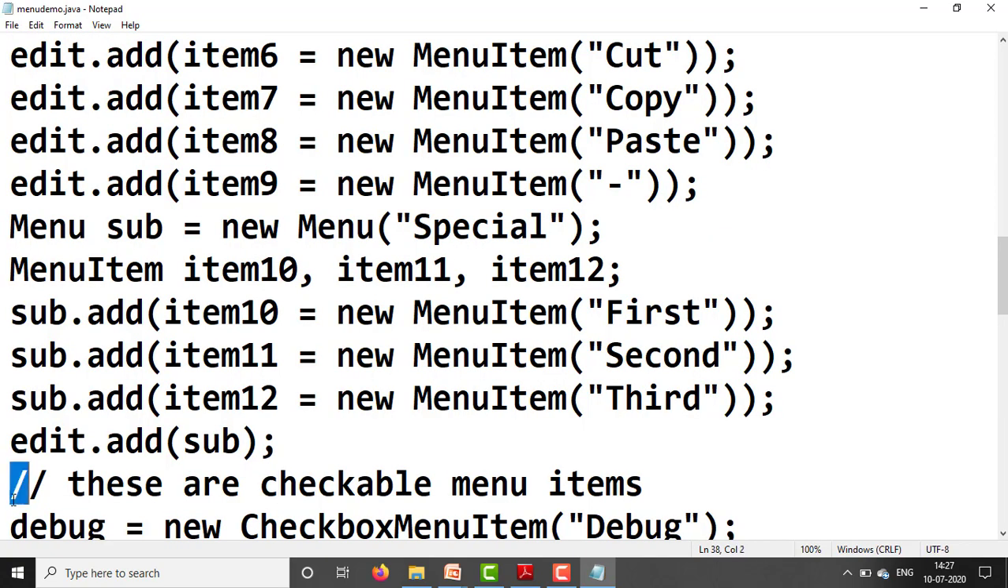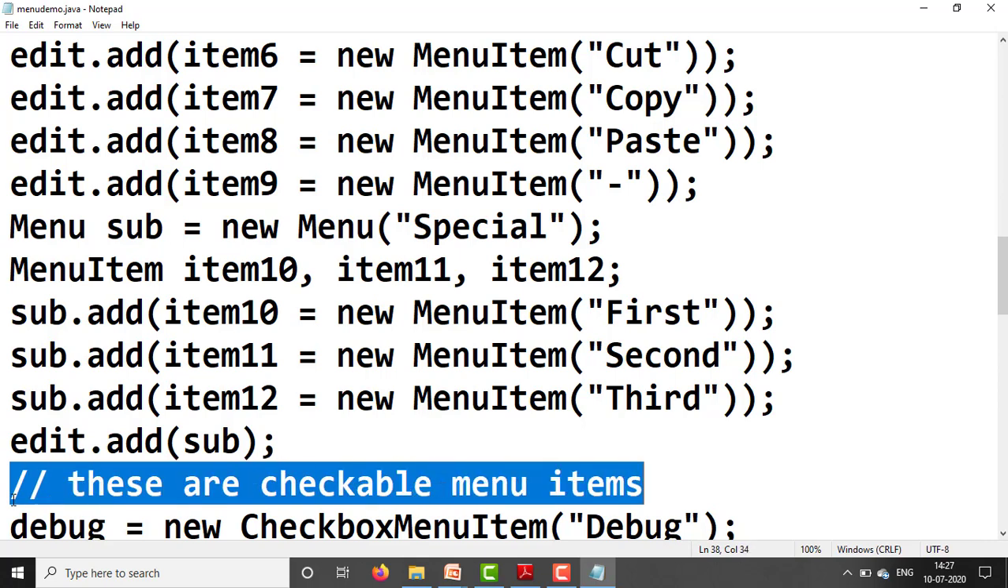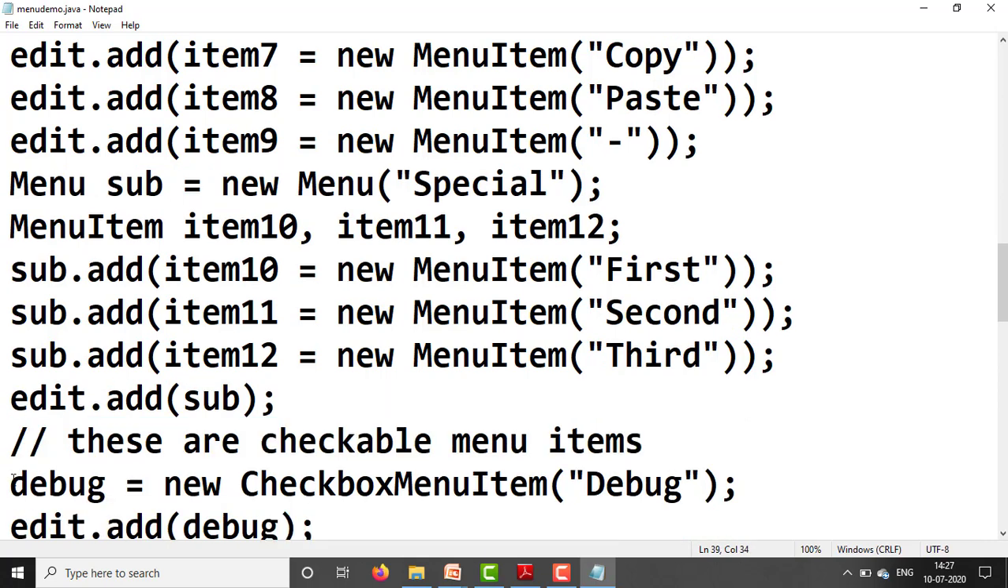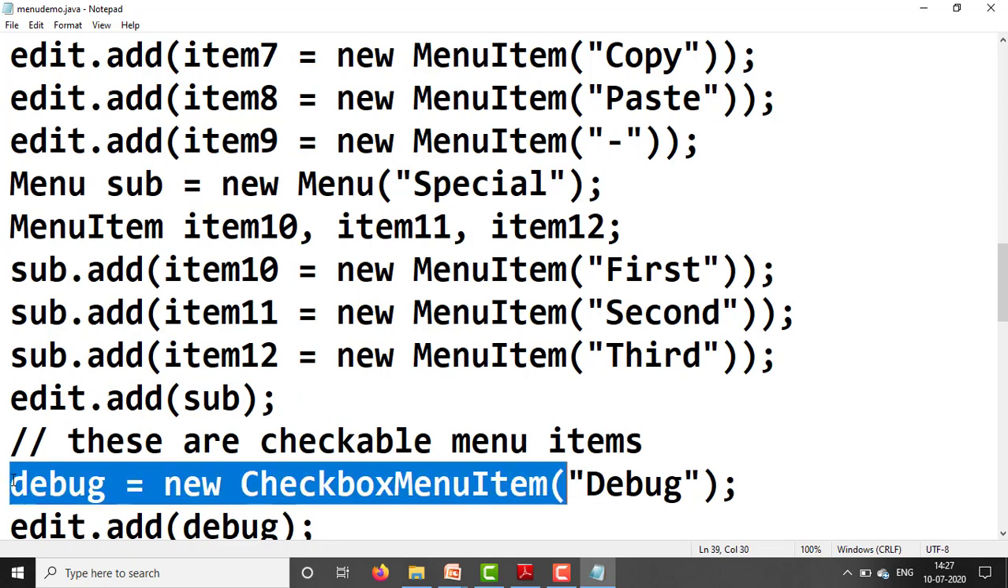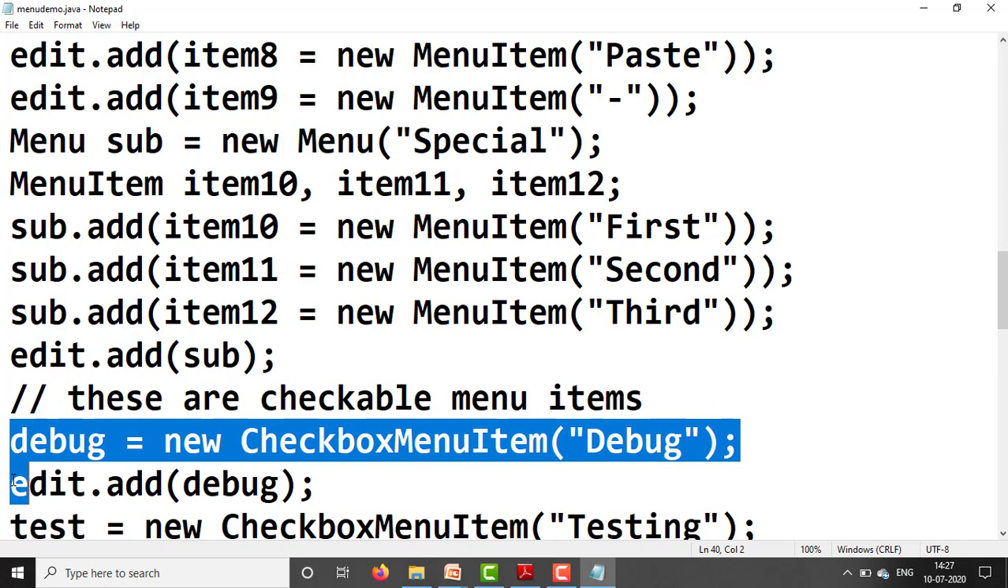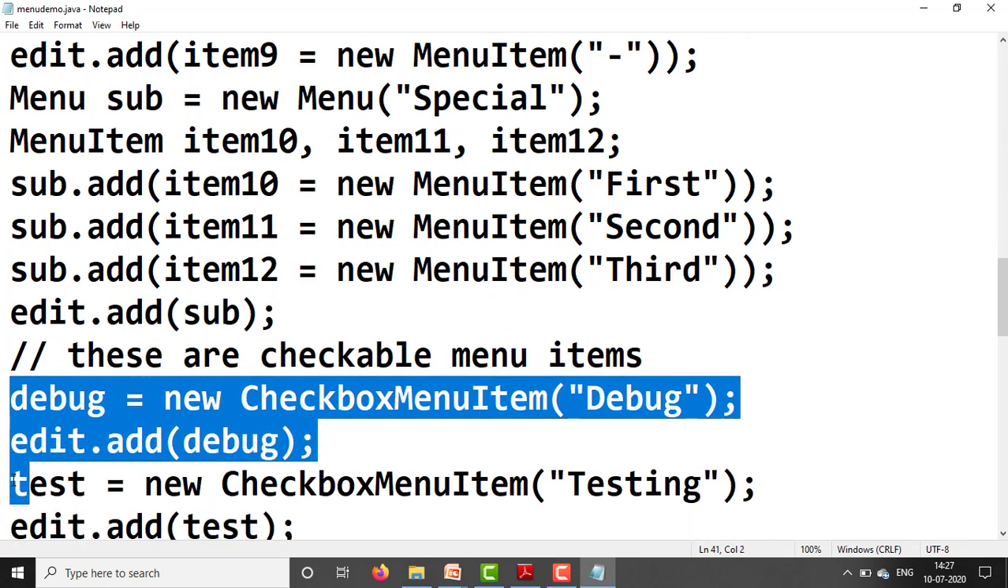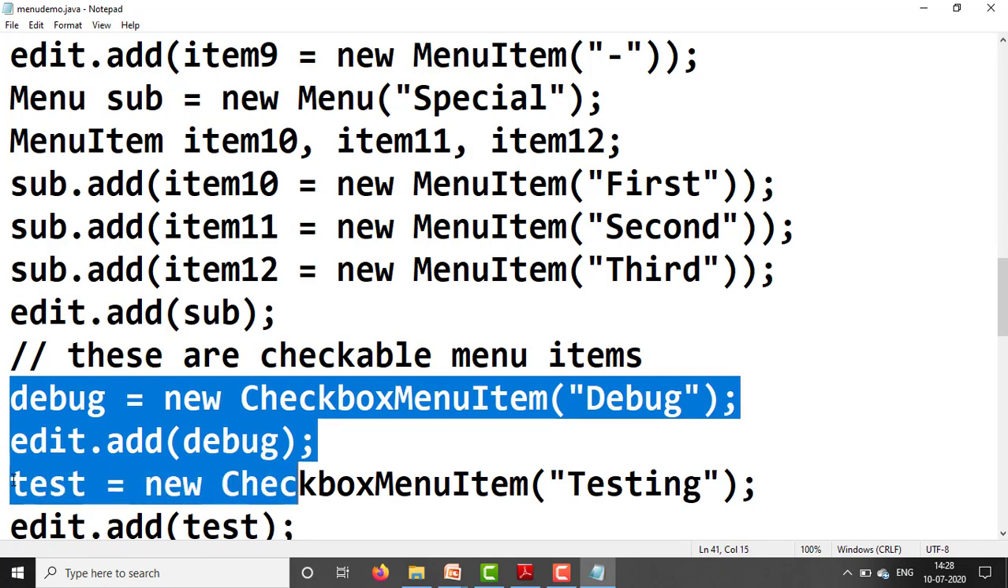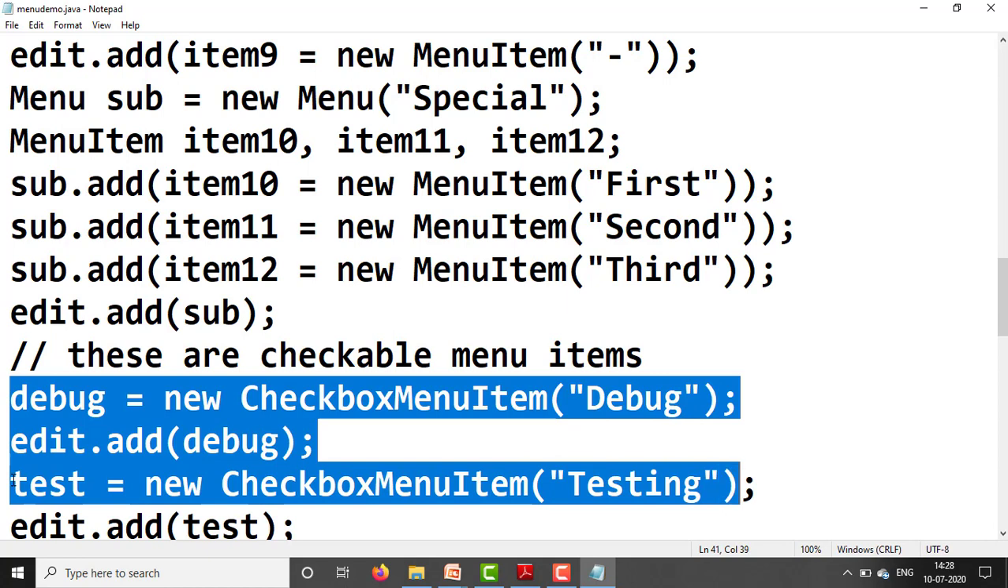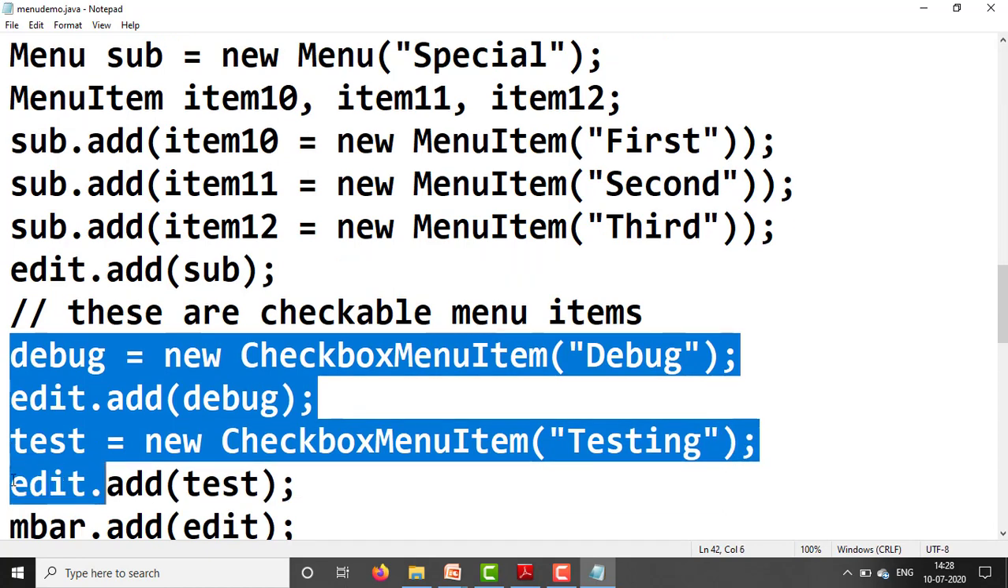Now, these are checkable menu items. Next line, debug: already we have declared that debug = new CheckboxMenuItem("debug"), and edit.add(debug). After sub, debug is added to edit. Test = new CheckboxMenuItem("testing"); Next, edit.add(test);